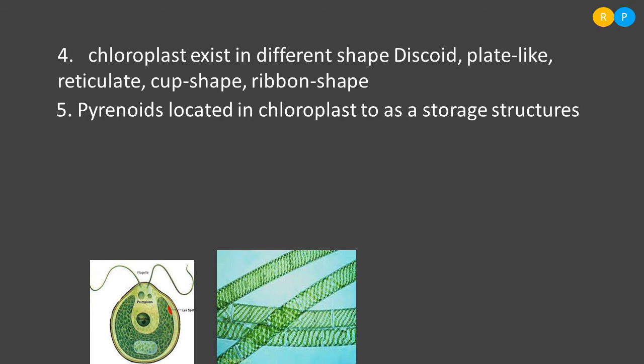So those structures are named pyrenoids. Pyrenoids are dense bodies, micro compartments that we can see in the members of Chlorophyceae. These micro compartments are meant for the storage of food. So what is the reserve food material in plants? Yes, that is starch. In the majority of members of Chlorophyceae, starch is stored in one of the micro compartments in the organism. That micro compartment is named pyrenoid.